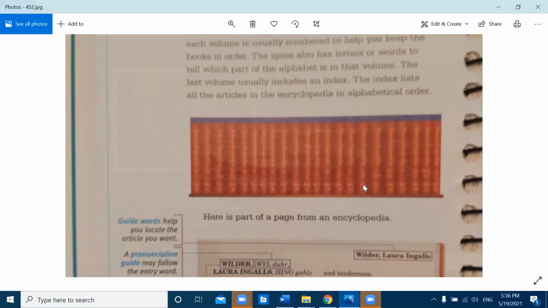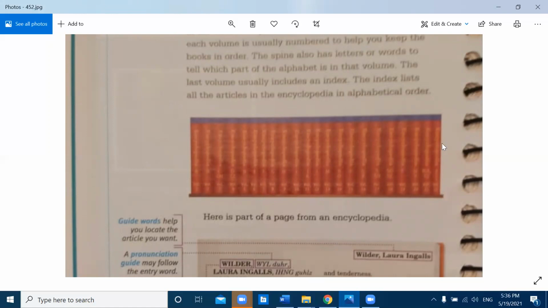I can't see it very well, but let's say, I know number 17 on here, number 14. I know 11, 12, 13, 17, 16, number 15. Number 15 here has the letter N and O inside. So it has two letters. Anything that starts with N that there's an article about is in this book, and anything that starts with O that there's an article about is in this book. So each one has the letters for the topics that are inside, what they start with,